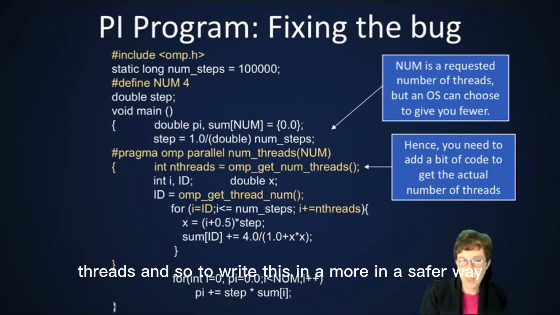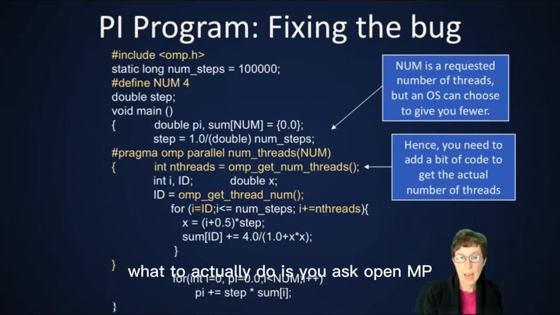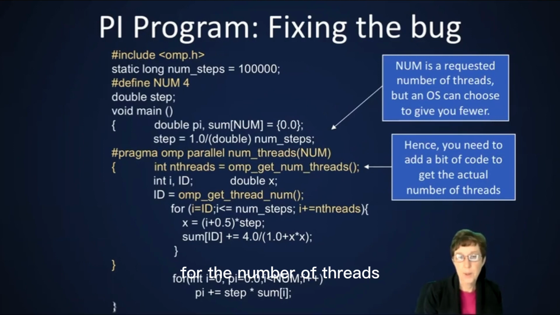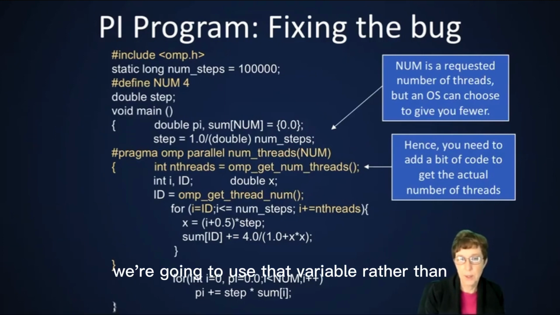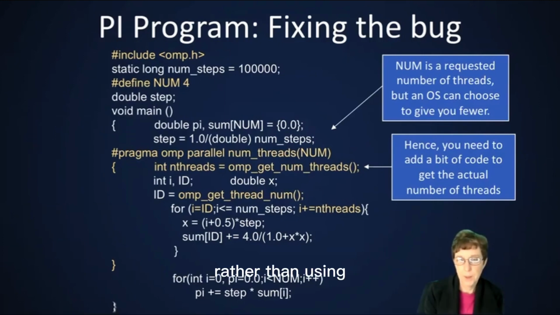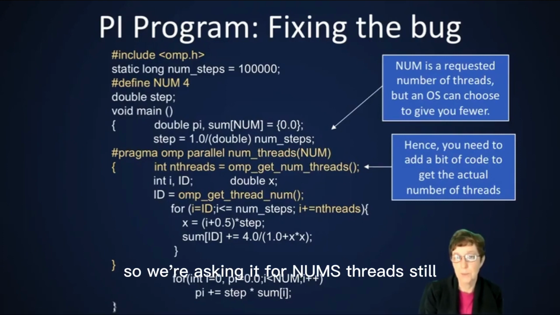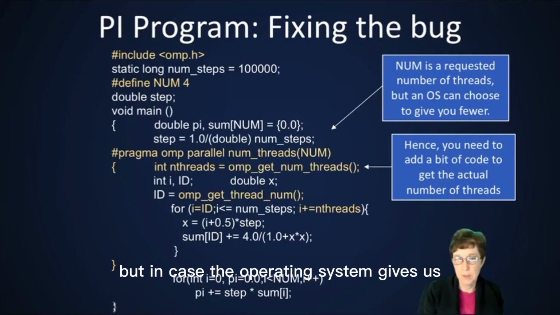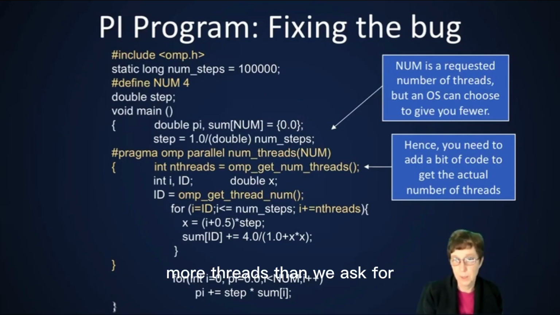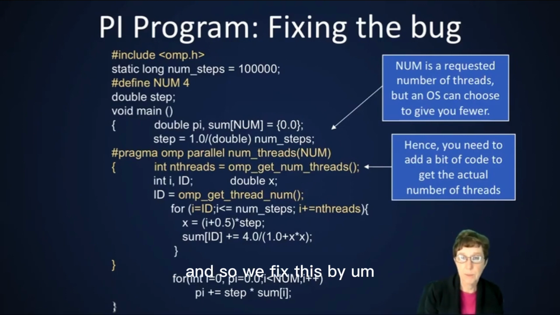To write this in a safer way, you ask OpenMP for the number of threads, and then we use that variable rather than the NUM_THREADS constant that we've set here. So we're still asking for 4 threads, but it's guaranteed not to give us more threads than we ask for, though it could give us fewer. And so we fix this by